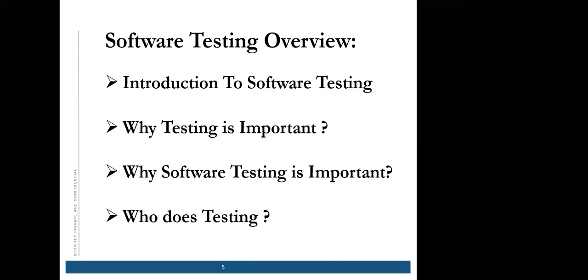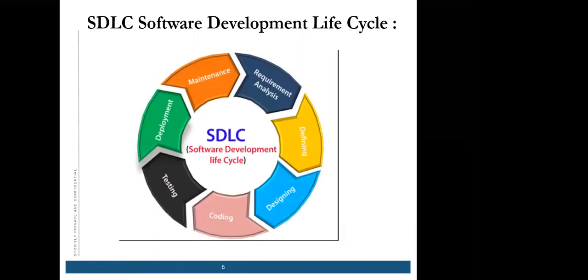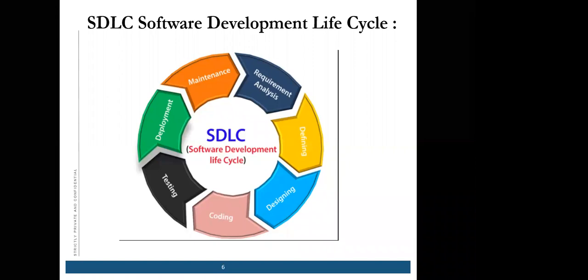So people who can do testing are software tester, project developer, project lead, team manager, end user, everybody is involved in the process of testing. Okay. So to understand more, we will go to our next topic, which is software development life cycle. Okay. So, software development life cycle is the process of